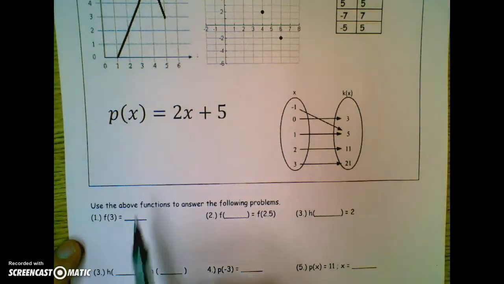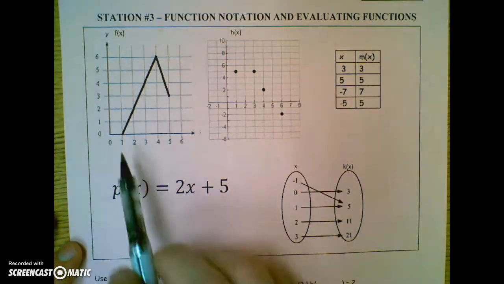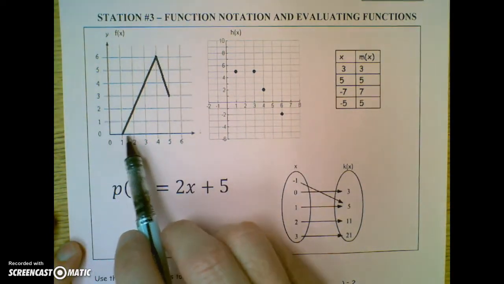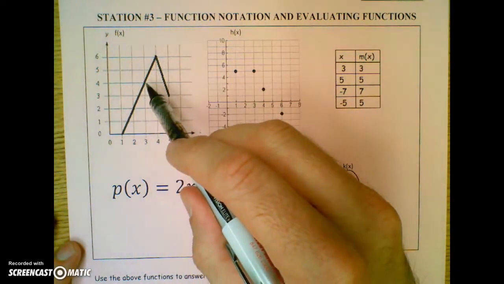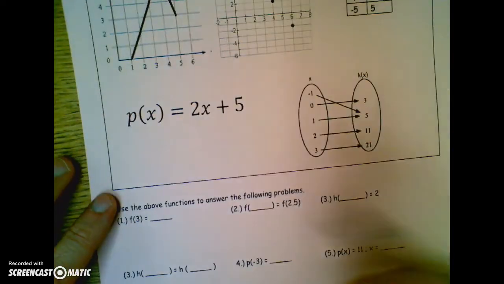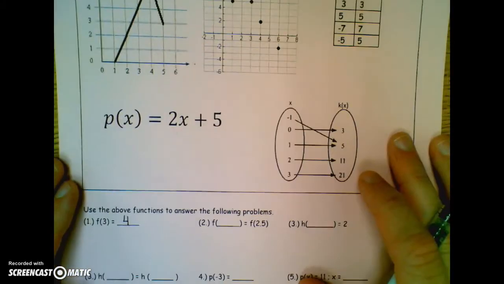It says find f of 3. So I'm going to look at the f function. F of 3, so 3 is my input, so I look on the x-axis. When I have an input of 3, my output is 4. So f of 3 equals 4. In number 2,